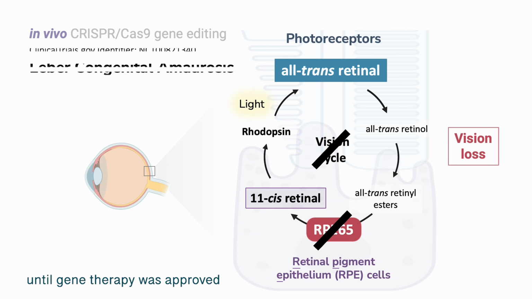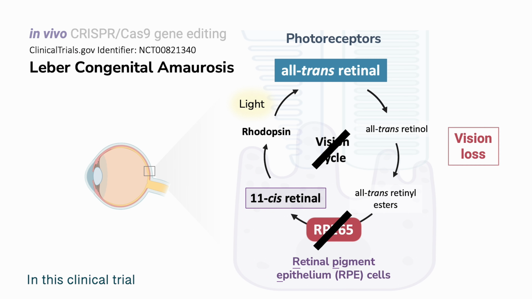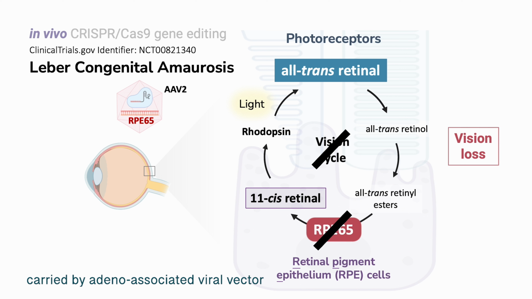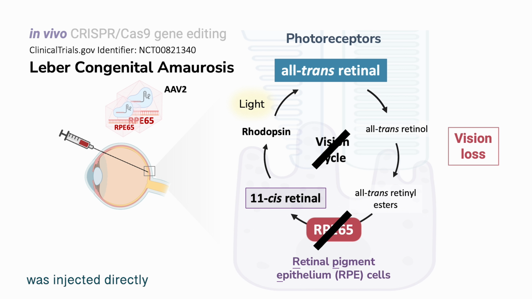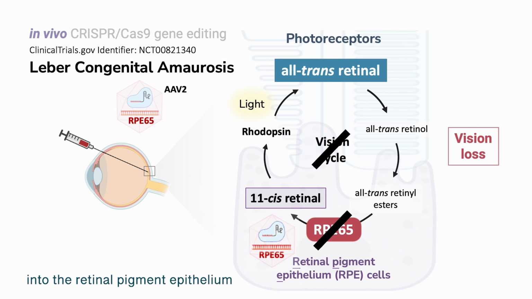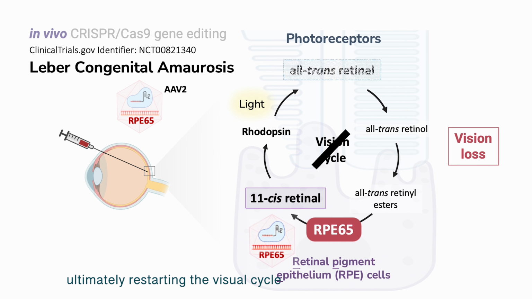LCA was incurable until gene therapy was approved. In this clinical trial, CRISPR-Cas9 components and functional copies of the RPE65 gene carried by adeno-associated viral vector AAV2 were injected directly into the retinal pigment epithelium. The RPE65 gene is expected to be corrected and produce functional RPE65 protein in patients' retina,